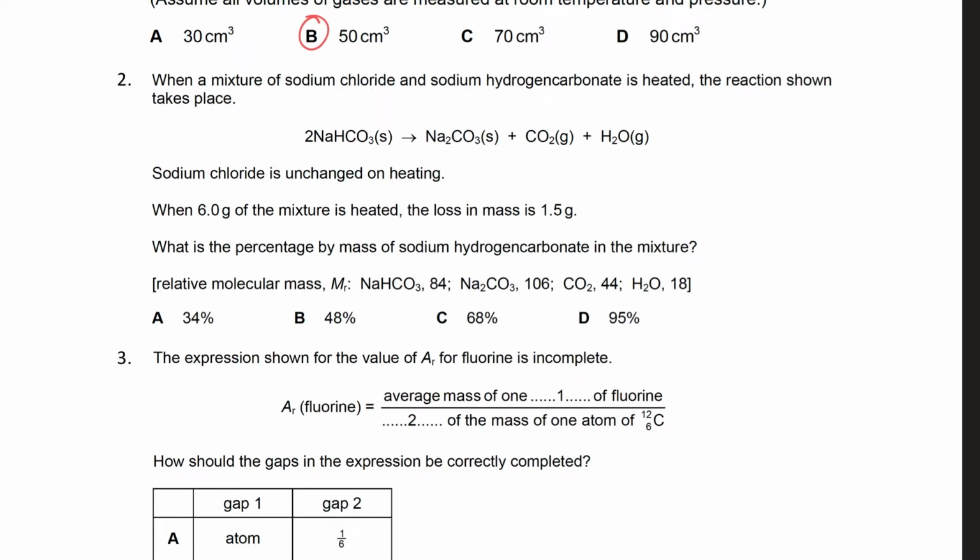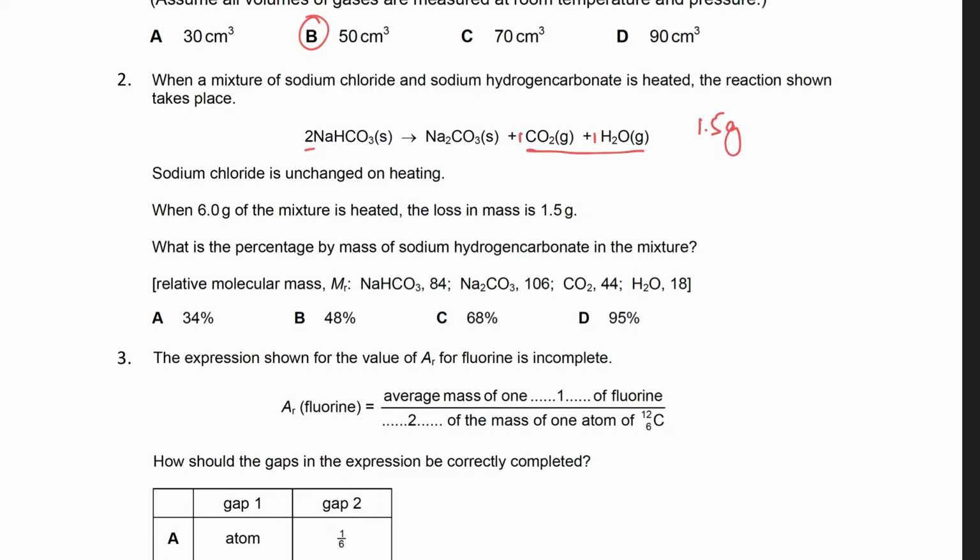Now, where is the mass loss coming from? We know the law of conservation of mass. Mass shouldn't change in a chemical reaction, but what's happening here? Basically, these are the gases, and these gases leave it. Okay, so that means that 1.5 grams of gases leave the substance, the solution that you have. All right, and if you come to think of it, that is 2 moles of gas. The mole ratio is that 2 moles of this solid produces 2 moles of gas, one for carbon dioxide and one for water. So judging by that, I can figure out that if I have 1.5 gram taken away,